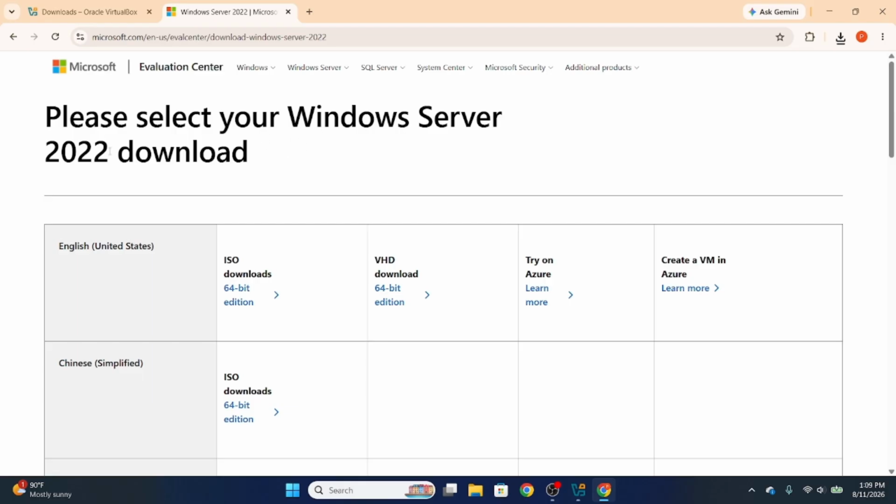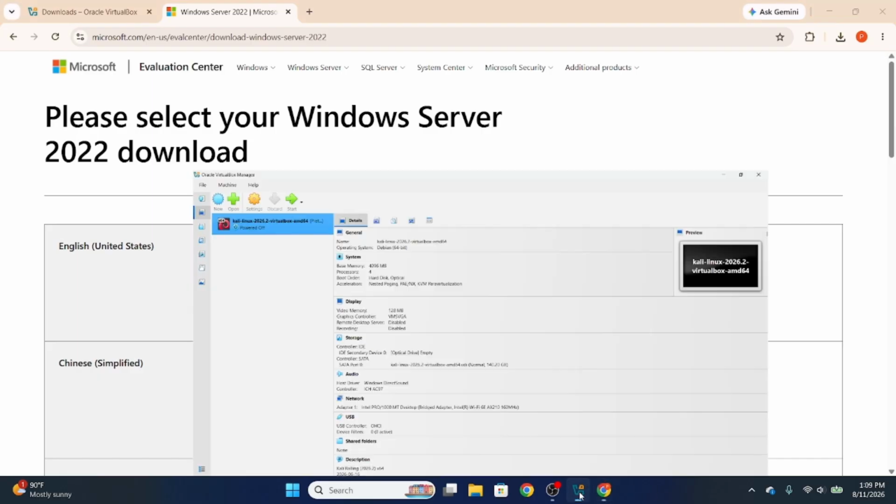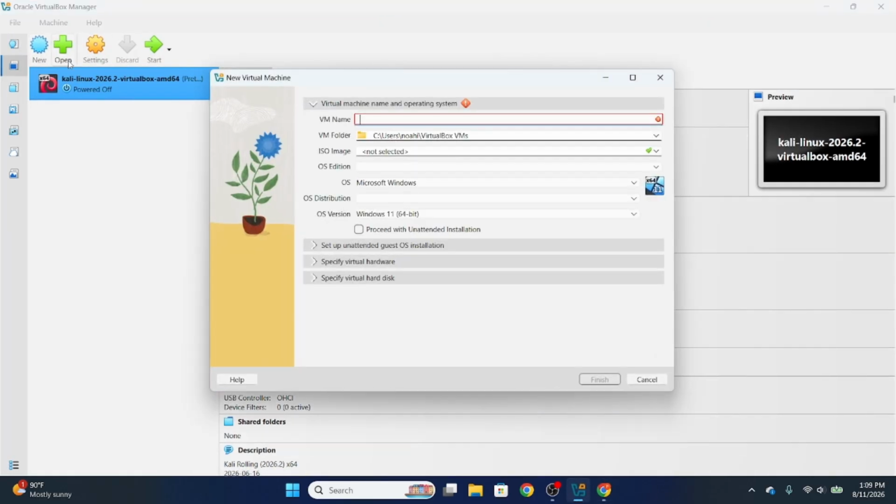Microsoft Windows Server 2022 download and click the ISO download right here. It will take a little bit, but once it's downloaded, you'll head over to VirtualBox, click New, go to Domain Controller, then go to ISO image and click the downloaded ISO that we got from the Windows Server 22. Also, make sure you unclick that,